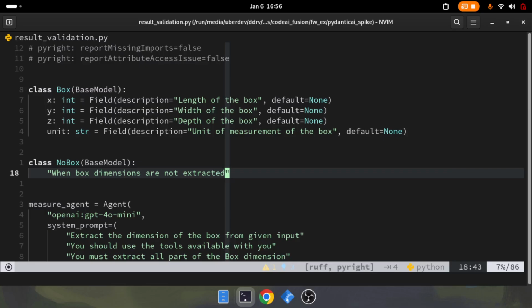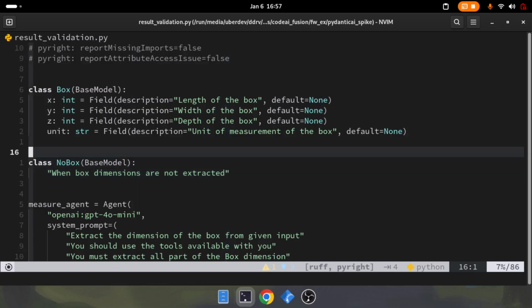So when the agent is creating a no box, it can be used to raise an error. This is one of the main things that you have to be aware of. Having a type which is opposite to what you want is very useful. Let me write it here. Having a type